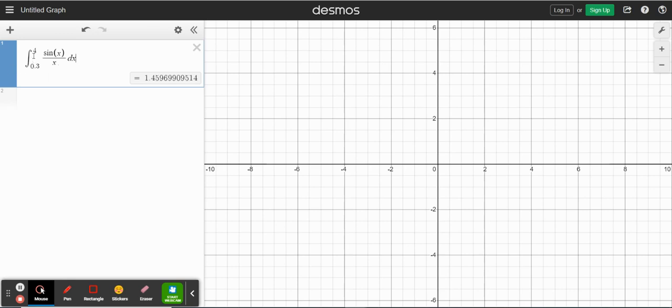So we have the definite integral of sine of x divided by x with respect to x from x equals 0.3 to x equals 4. So here's how you do it. Let me repeat what I did so you can see how to do it. So I go to a new cell,